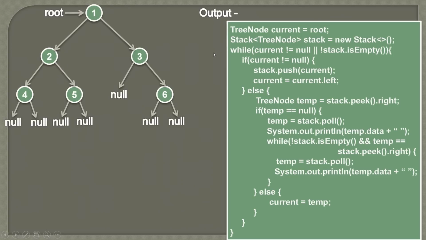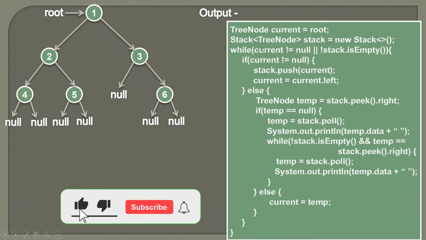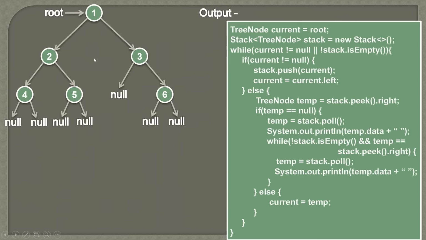So in this video we will discuss the iterative approach where we are not performing any recursion. When we perform post order traversal in the iterative way, we usually take the help of a stack. A stack is nothing but a LIFO data structure, which means last in first out, where the last element inserted will be the first one to be removed. So we will use the stack data structure to traverse this binary tree using the post order traversal. So let's see the demonstration of this algorithm step by step.